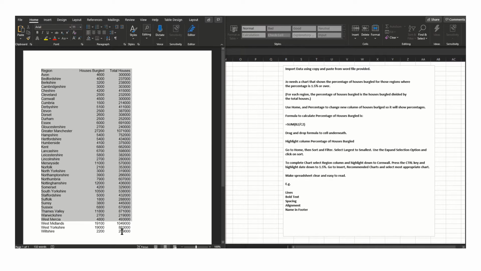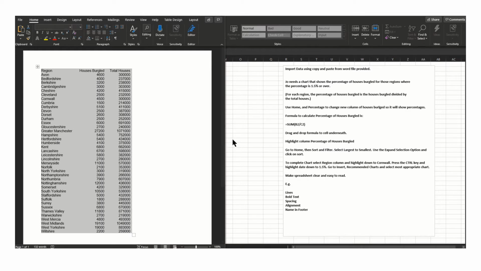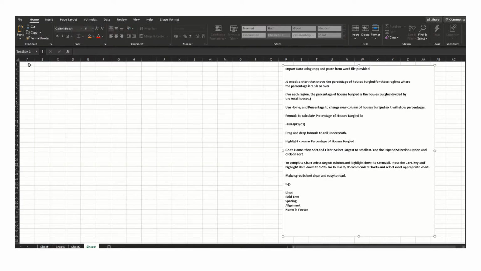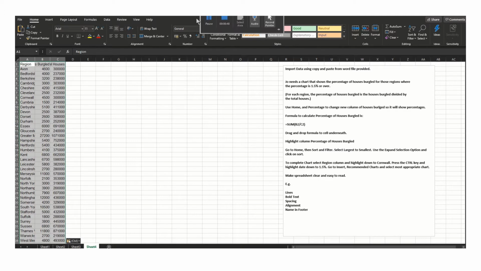All we do is highlight the information we need, like so. Right click with our mouse, click and copy. Click on paste, like so, and the information will be copied in. It's like that. Okay. So we now need to add a bit of extra information, but before we do that,